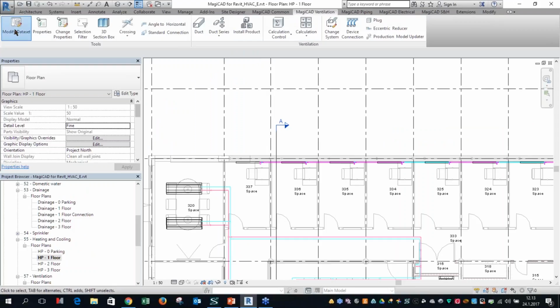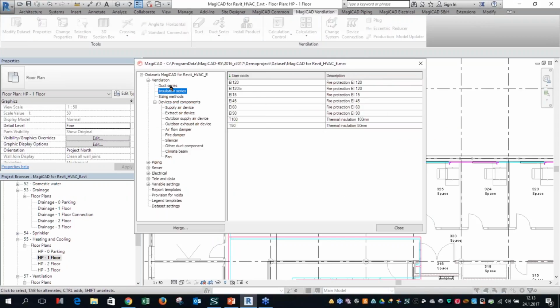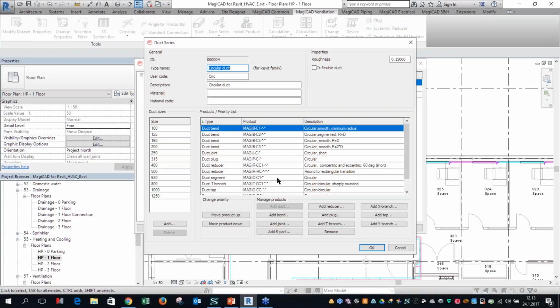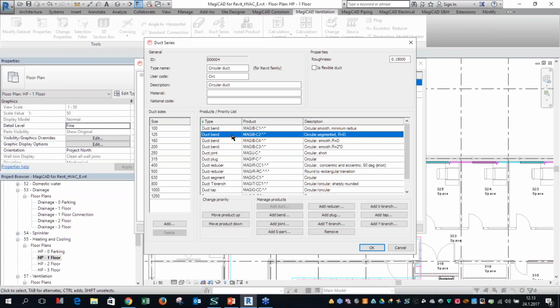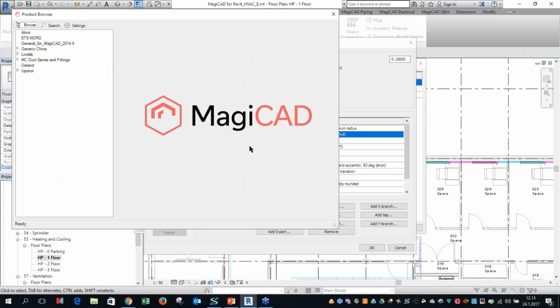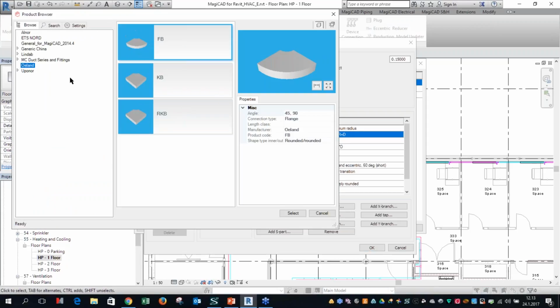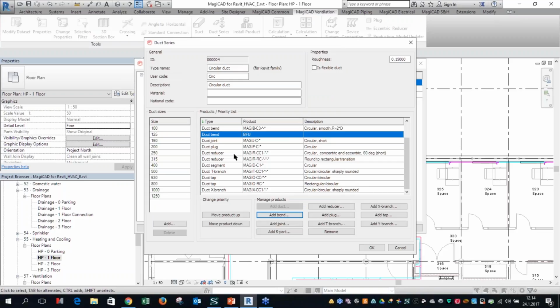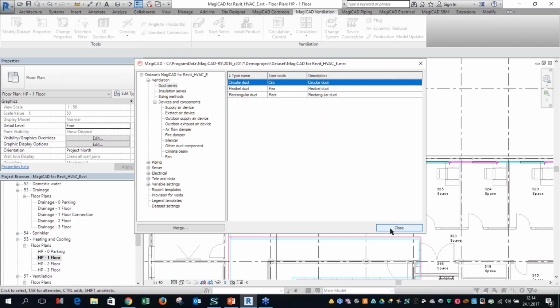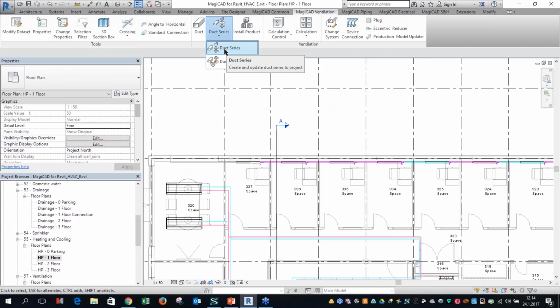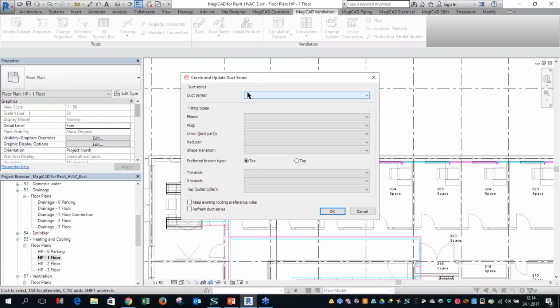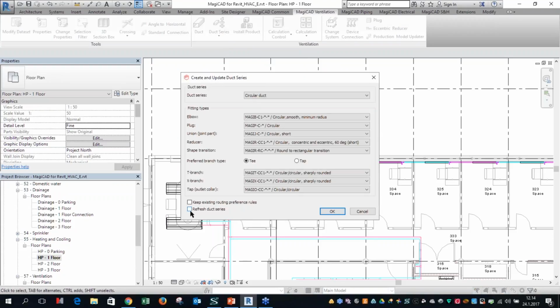But if you make changes afterwards, like here, I go to the duct series and I make some changes. Let's say I select some new bends for this duct series, for example this kind of bend. Maybe I add some new sizes. After I have edited my duct series, I take the duct series tool and select the duct series, and then I take refresh